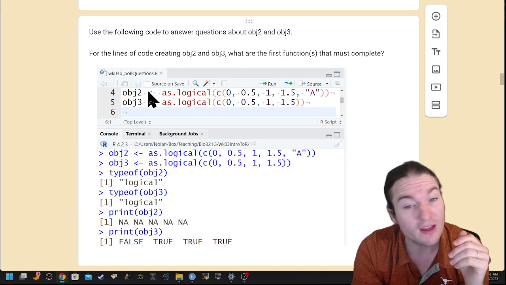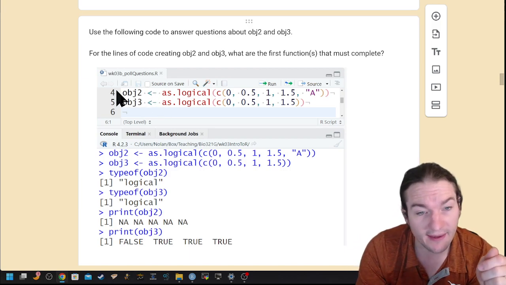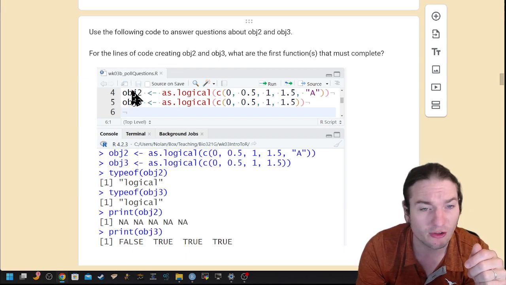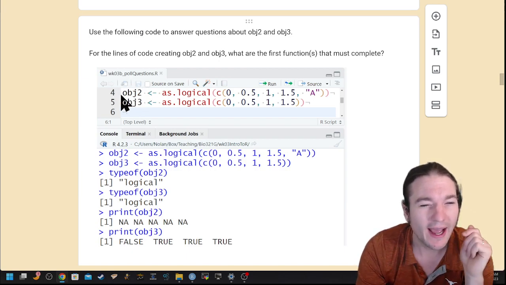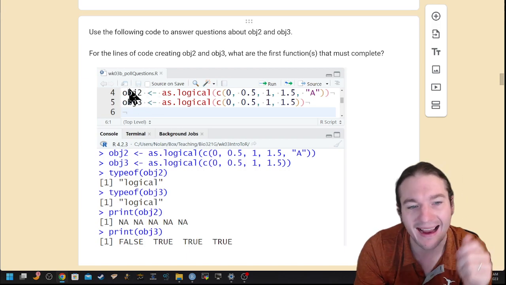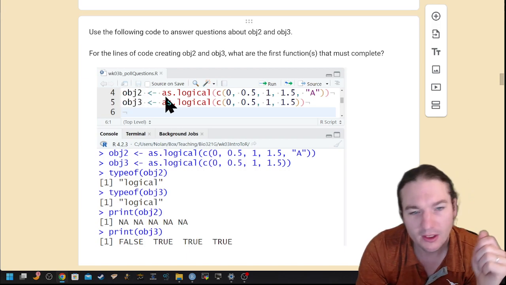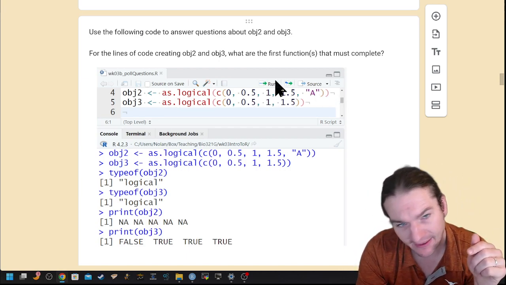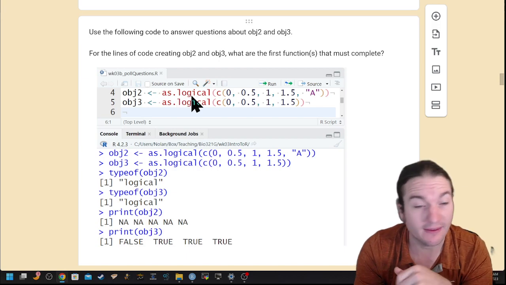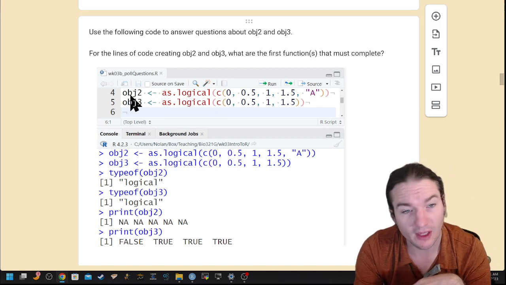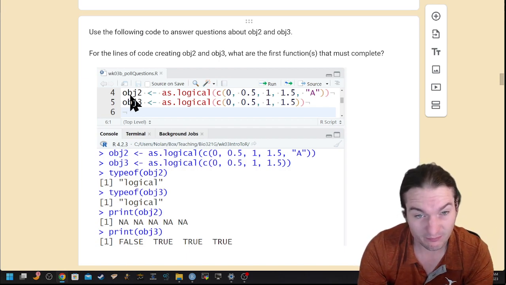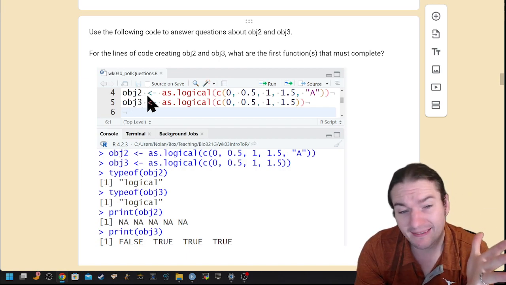This symbol is the assignment function. It takes the object to the left, and that will be actually just used as the name. So it doesn't actually take it as an object, it takes it as a name, and it's going to assign data to that name or identifier. It then takes the values to the right, and that's what it uses as the values for that object. And if there was an object of that name already, it just overwrites it. But that has to occur last.